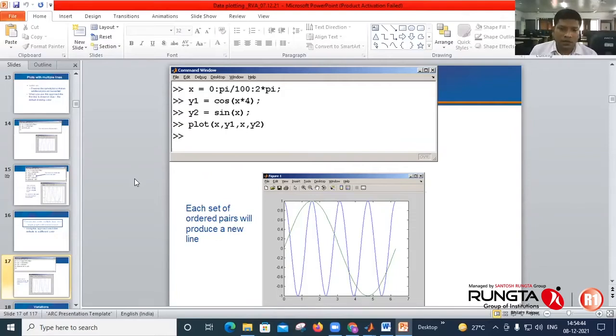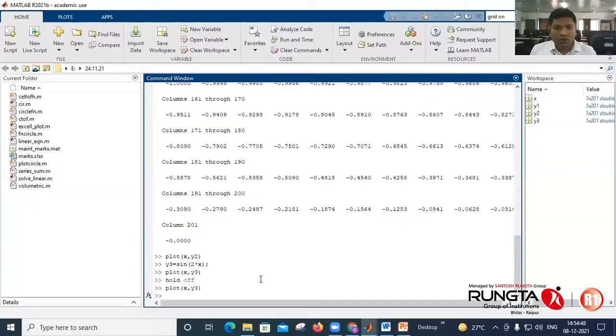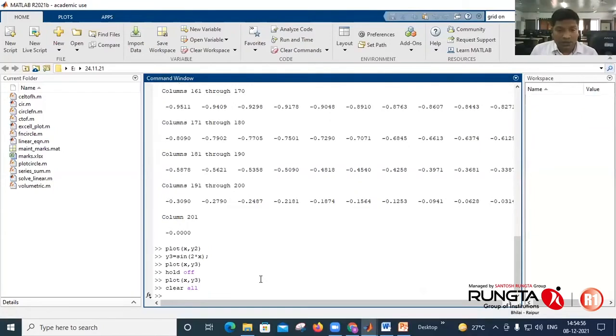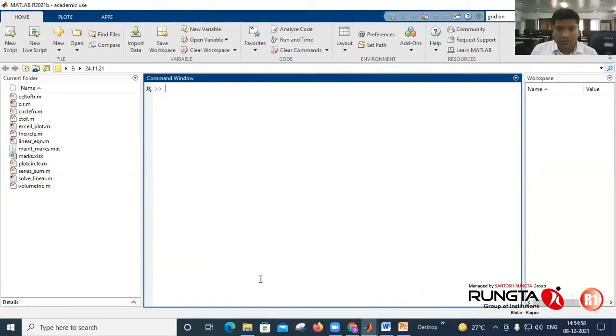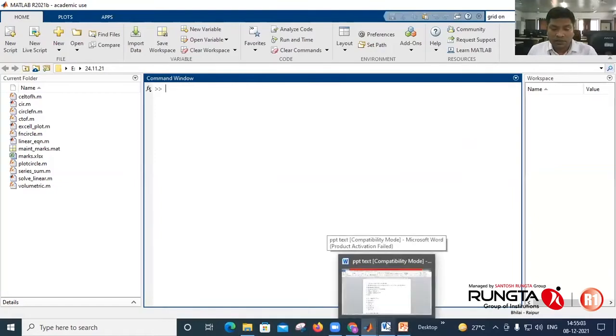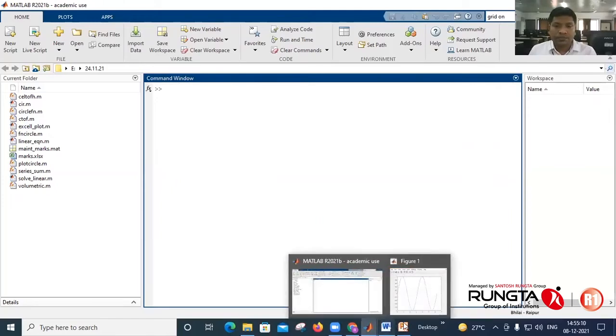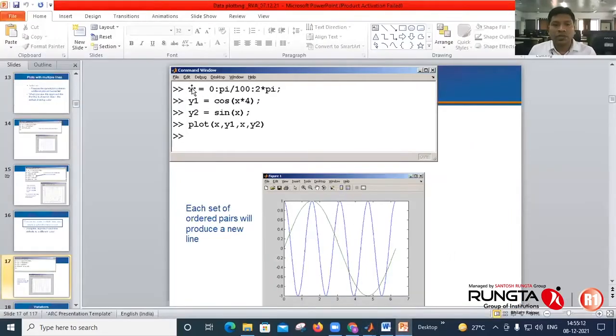Okay, we'll see an example of it again, how you can plot with a single command without hold on. So taking another example, you have to define x, y1, y2, and plot the values.